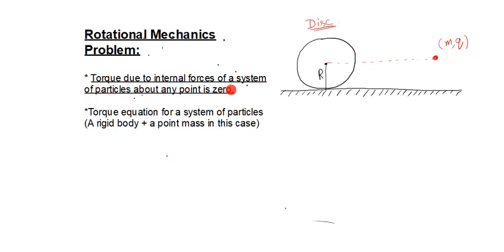This is a standard result of rotational mechanics, which is proved in most of the standard texts, including F.C. Verma and I.E. Irodov. In this problem, we'll see how this apparently very simple concept can be used to solve a very tricky problem of rotational mechanics. We'll also see how we can apply the torque equation for a system of particles, which is a rigid body, a disk, and a point mass in this particular case. Without any further delay, let us move on to the problem.